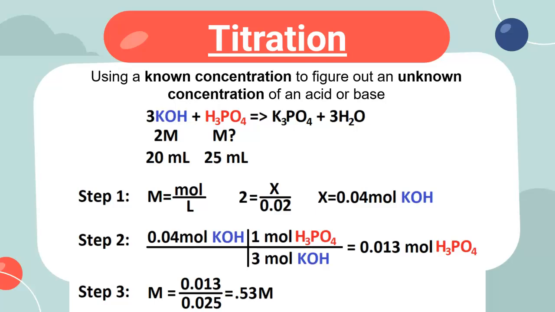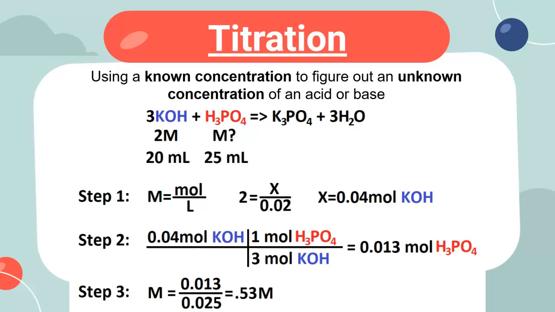Now that we have moles of KOH, we can turn it into moles of H3PO4 by using our mole-to-mole stoichiometry. You always start with what you know, so 0.04 moles of KOH. If we have moles of KOH on top, we want moles of KOH at the bottom. And looking at our formula, KOH has a coefficient of 3. So there are 3 moles of KOH for every 1 mole of H3PO4. We multiply our top number, divide by our bottom number, so 0.04 times 1 divided by 3 gives us 0.013